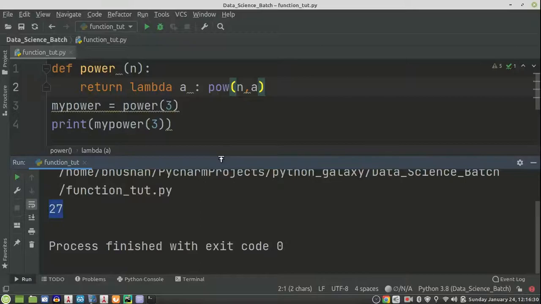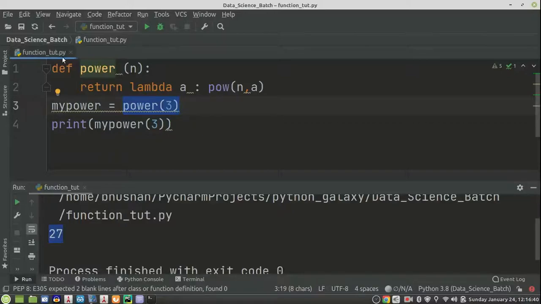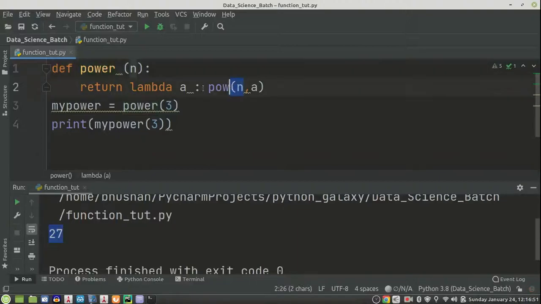As soon as I pass the argument 3 to this function, which is a classical function with the def keyword, that 3 is assigned to this n, because this is a classical function, so the argument is assigned to n.